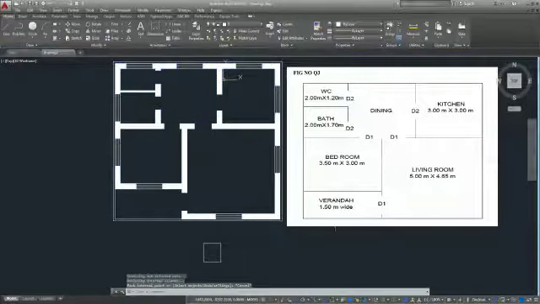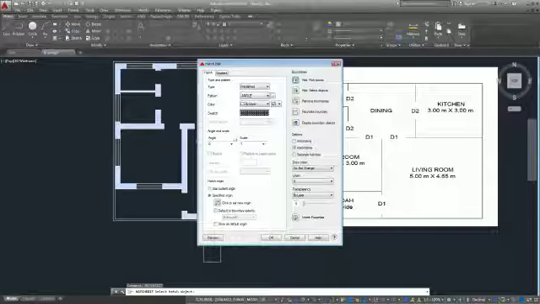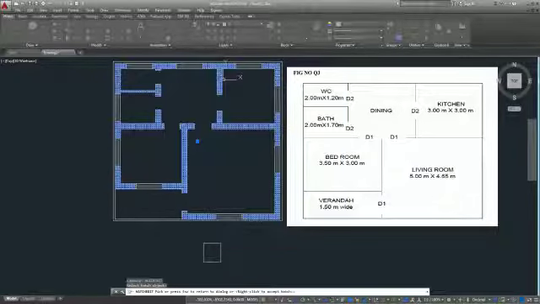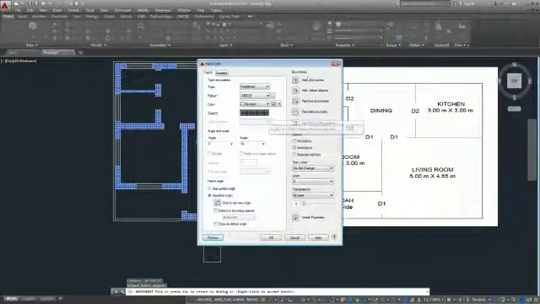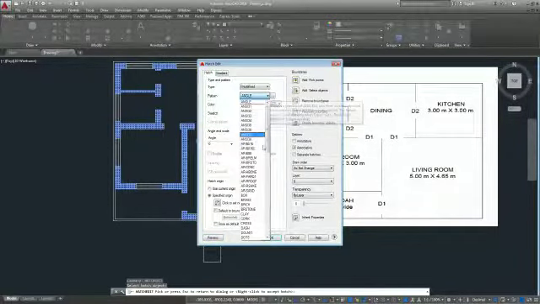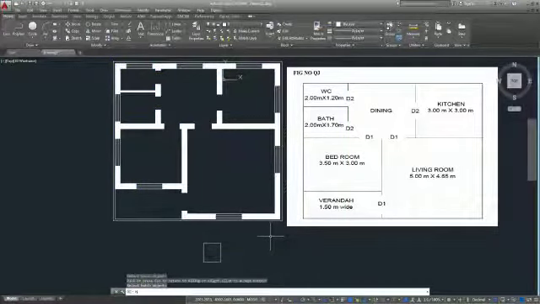Okay, so now see what you have to do. Hatch edit, scale you have to change. Hatch edit, select the hatch object. So preview is there. Okay, we'll increase the scale to 15 and see the preview. Still, the hatch is also not proper. Okay, you should take proper hatch from this hatch.